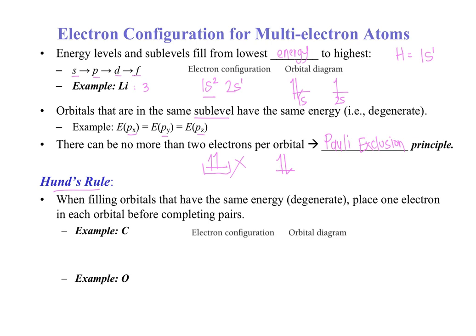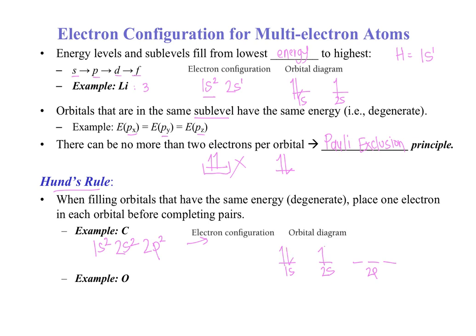So for example, carbon. Carbon is element 6, so it fills up the 1s2, then it does 2s2. Now it has p orbitals, so we have 2p, and since there are 6 electrons, we're only going to have 2 in there. So that's the electron configuration. When I draw the orbital diagram, I'll label it 1s, I'll label it 2s, and then when we have p orbitals, there are 3 of them, so we'll label that 2p, and we draw 3 boxes for the 3 orbitals. So fill up